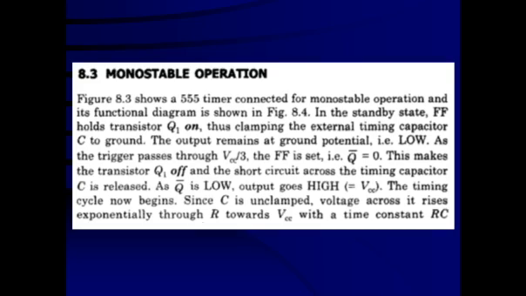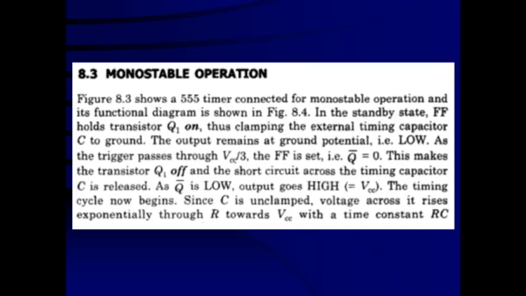It is a seemingly stable state, and the output will remain in the high state for a certain period of time, a predetermined time, and then automatically, without doing anything, it will come back to the stable state, that is, the low state. That means it will provide one pulse, and that's why it is called one shot, or monostable. Mono means one stable state and one unstable, or seemingly stable, state. So this way the monostable operation works.